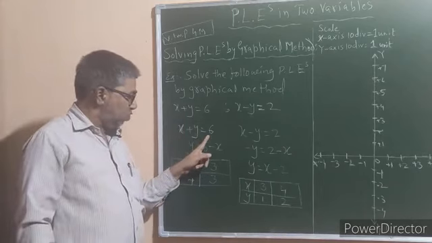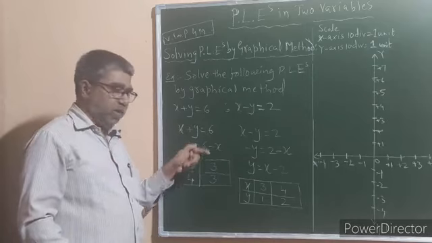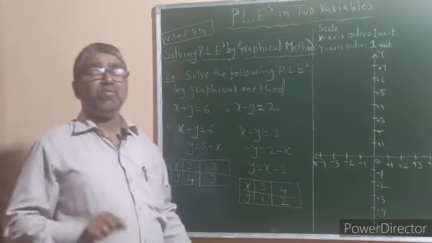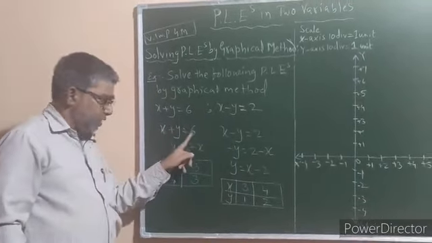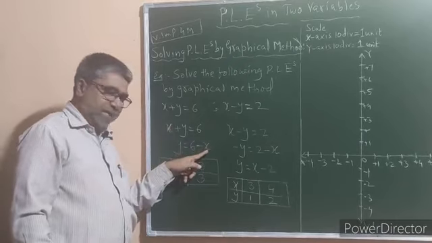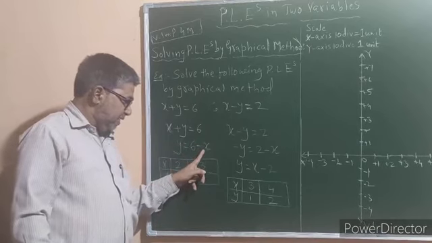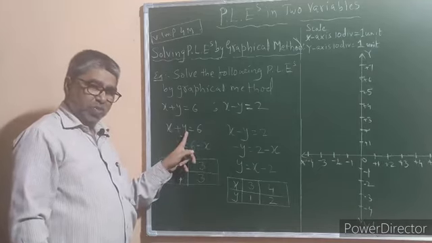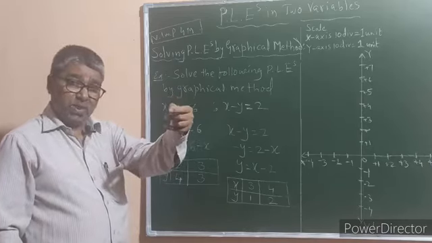x plus y is equal to 6. This is the first equation. Now bring this equation to the standard form of a linear equation, and the standard form of a linear equation is y is equal to mx plus c. Now x plus y is equal to 6, therefore y is equal to 6, shift plus x to that side, you will get minus x. y is equal to 6 minus x is the standard form of this equation with respect to the standard form of the linear equation, that is y is equal to mx plus c.